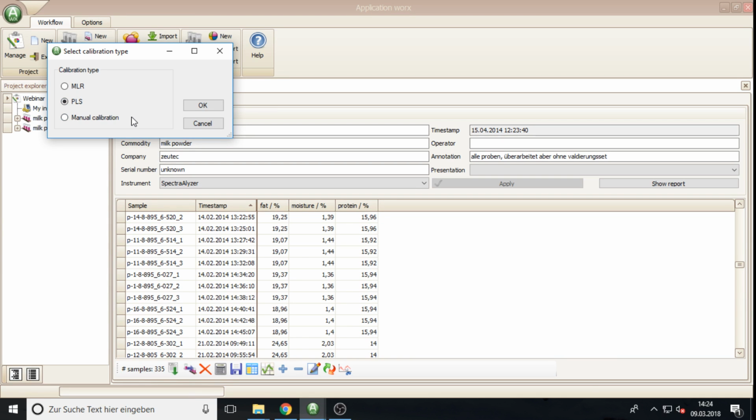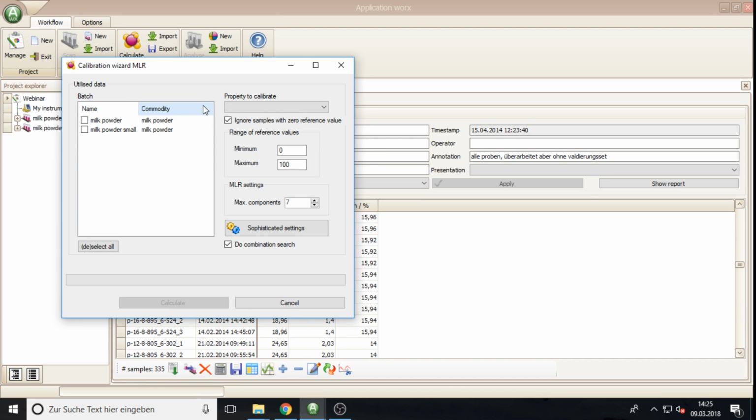This has to be used for the spectralizer grain. Or you could enter manual models, which, if you have some old model on a piece of paper from a calibration report, you could enter here by this option. We want now to recalculate a completely new model for a filter instrument, thus we select MLR and click on OK. This opened this calibration wizard MLR,